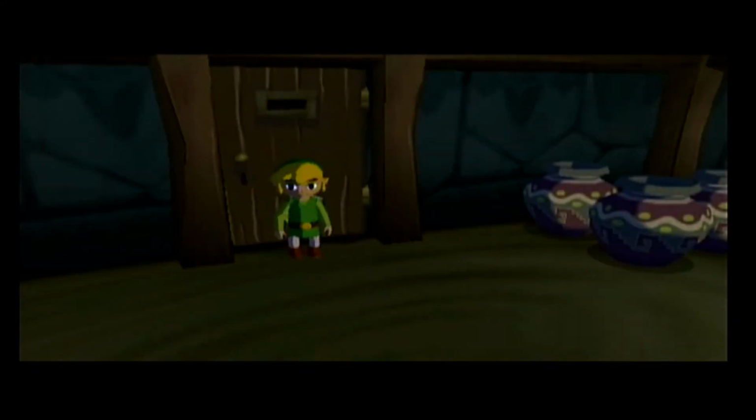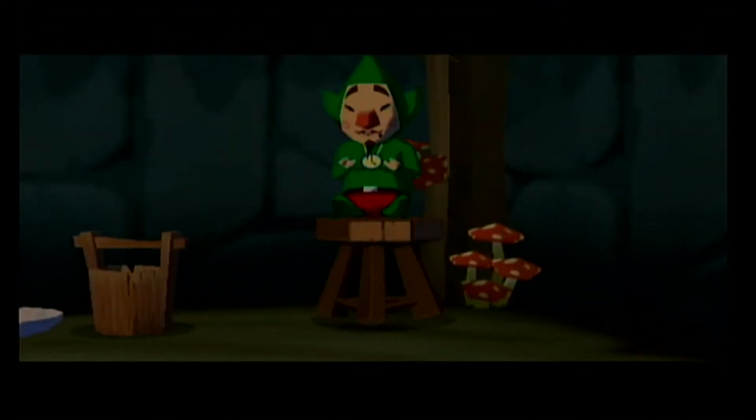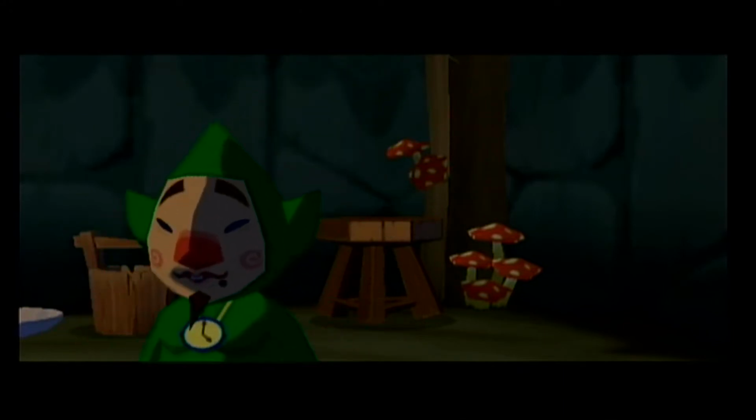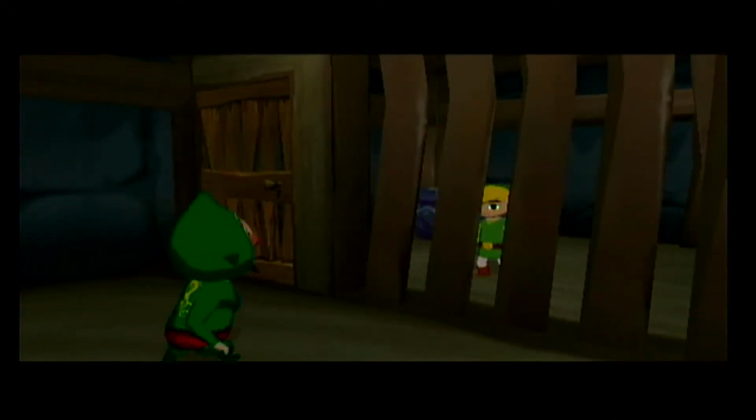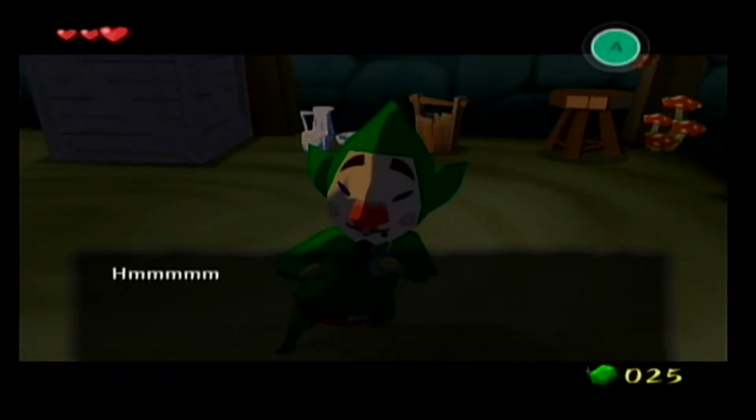What you want to do is you come into this door here. This is more of a main quest thing than a side quest, I guess. So in here, I tried using the C-stick, and we see someone in jail. Now, if any of you have played Majora's Mask, this character might look familiar to you. This is Tingle, and